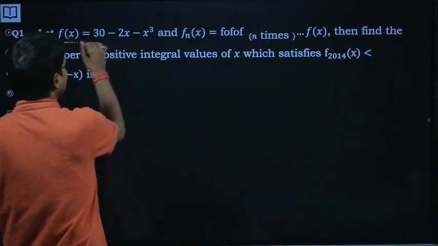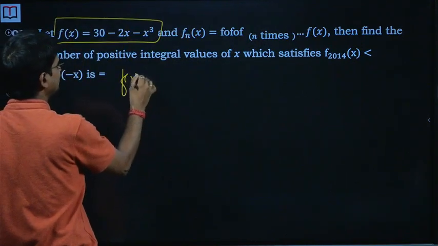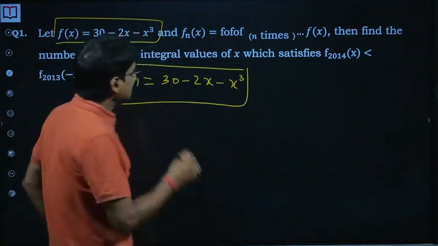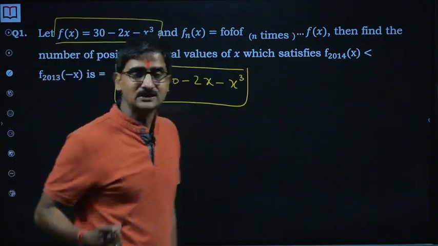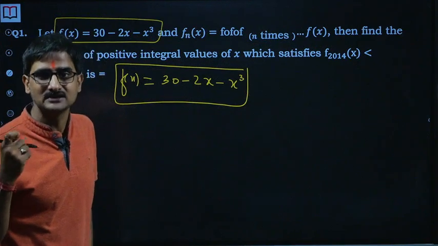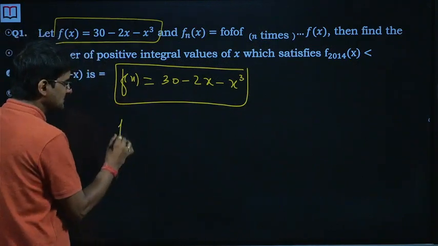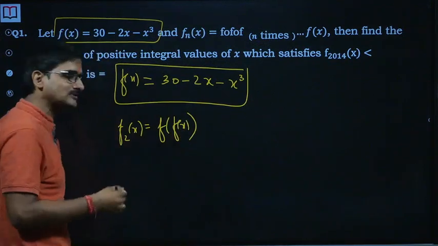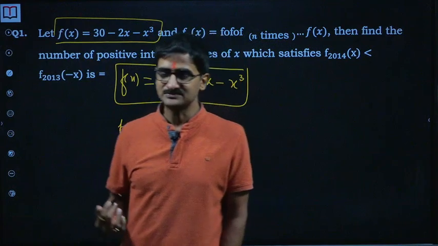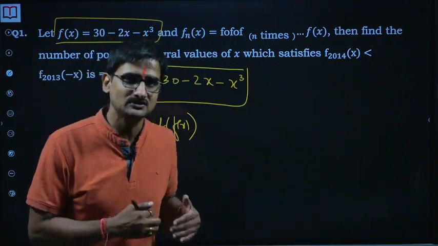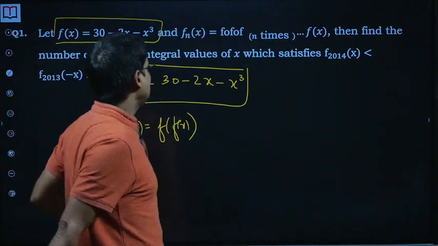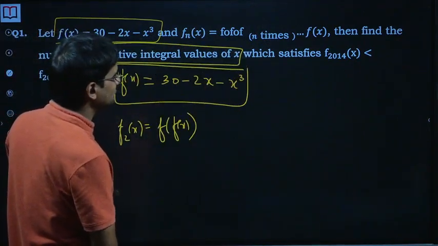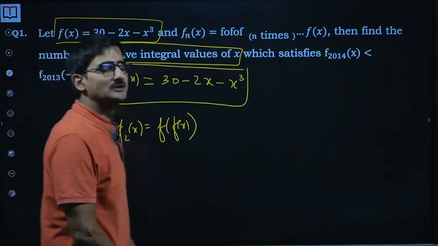Okay, let's start. Let f(x) be the function f(x) = 30 - 2x - x^3. And f subscript n of x represents the n-times composition. So f subscript 2 of x will represent the composite function of f(x) with f(x). Similarly, f subscript 3 of x will represent the composition of f three times. Now, the number of positive integral values of x which satisfy f_2014(x) is less than f_2013